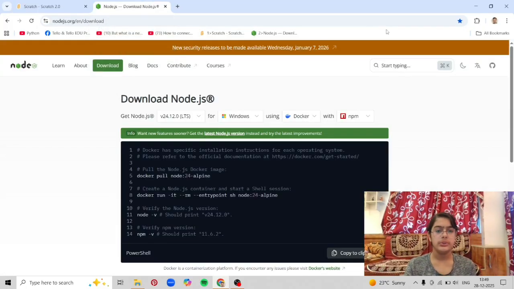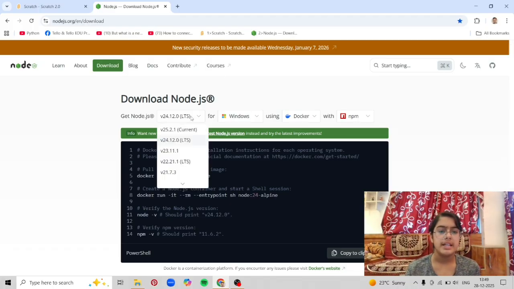Next, we will go to node.js. Now, node.js is basically a JavaScript function. What node.js does is it connects the drone to the computer directly. We cannot connect the drone to Scratch, as the drone does not understand the commands of Scratch, so node.js acts as a translator. It translates the Scratch commands and gives them to the drone.